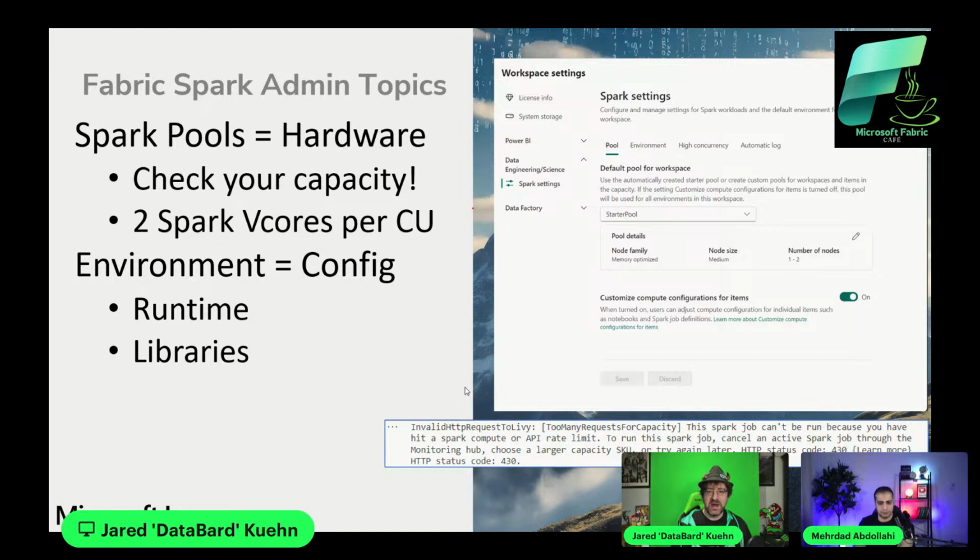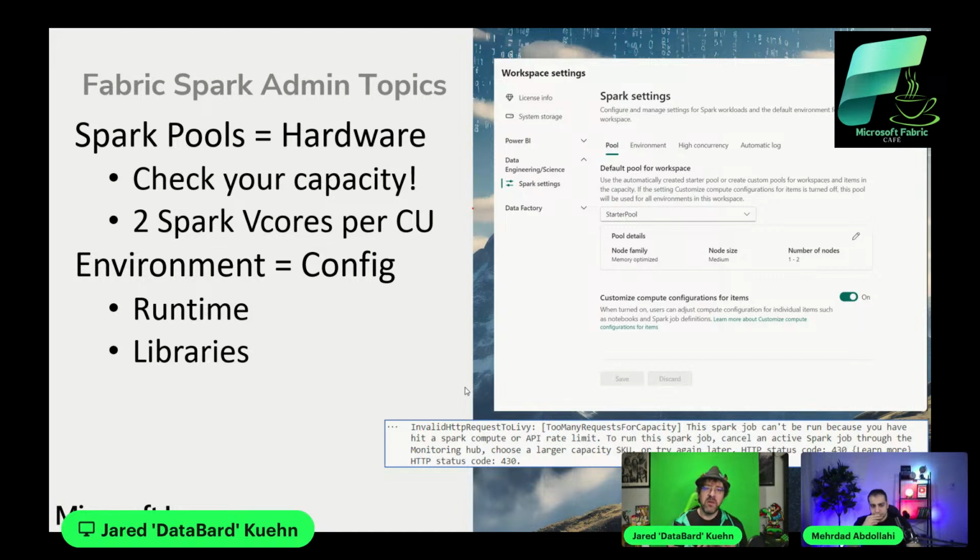Second thing you need to talk about with your Fabric admin is defining your environment. This is more about the configuration. So I mentioned some things in terms of environments earlier, and configuration is something that can genuinely support people in making it easier to work with PySpark. First thing you need to talk about is runtimes. Currently, there's 3 supported runtimes, 1.2, 1.3, and 1.4, I believe. But 1.2 is about to be deprecated. So there's really only 2 to use at the moment. These runtimes change some of the things about how your environment would work when running with Python code. You want to know what the limitations are of those runtimes to make sure you pick the right one.